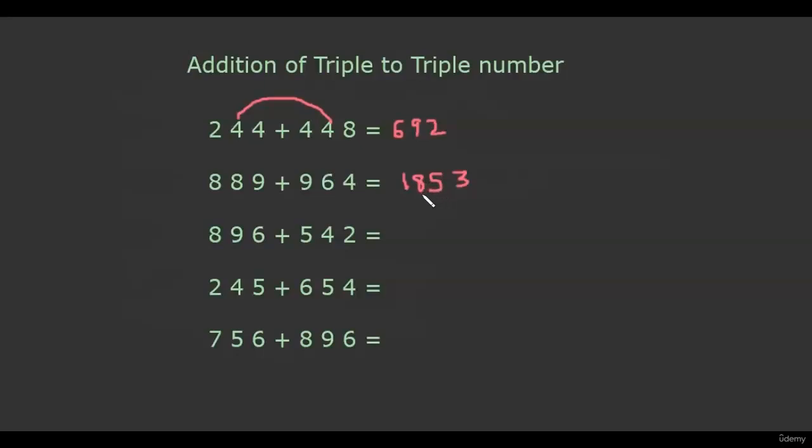Now this is to be noted that only on the leftmost number we write the complete number. For the rest of the numbers after adding, we just write the end number. Now 8 plus 5 is 13 and the pair on the right side is 9 and 4, and they are also a carry pair. So we will increase 13 by 1, so it becomes 14. And now 9 plus 4 is 13 and the numbers on the right side of these numbers are 6 and 2, and they are non-carry. So we will not increase the sum of 9 and 4, which is 13, and the end number is 3.